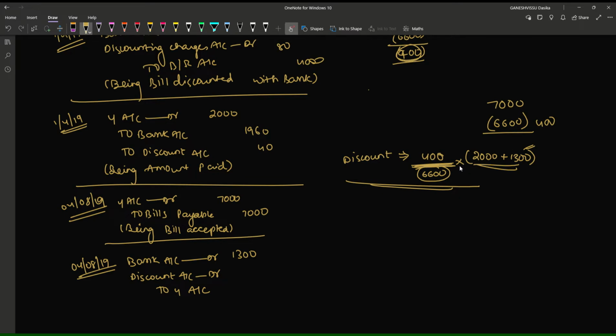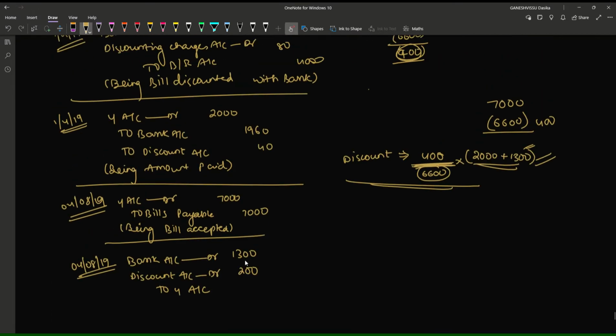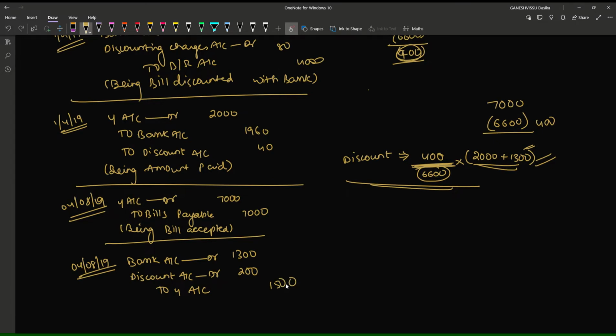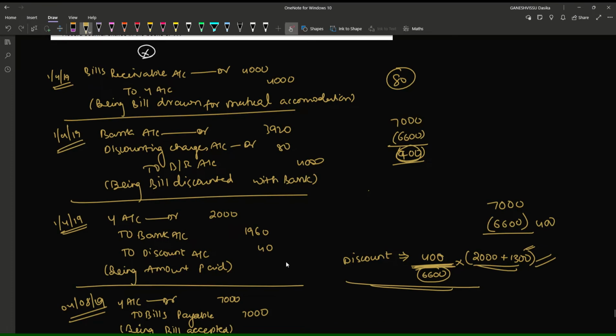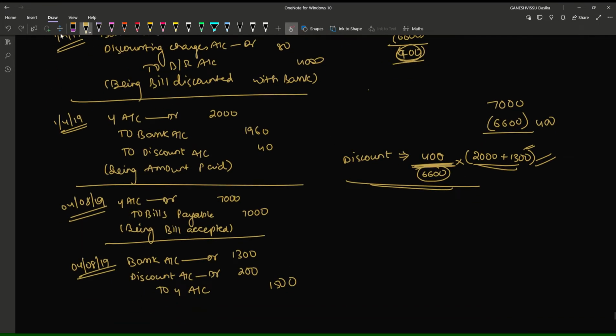calculated in this way: 400 by 6,600 into 2,000 plus 1,300. Now let us calculate 2,000 plus 1,300 into 400 divided by 6,600. 200 rupees is the discount. 1,500 is the amount which has to be directly received. Simply, you can calculate like this also, but if you don't want to go for confusion,